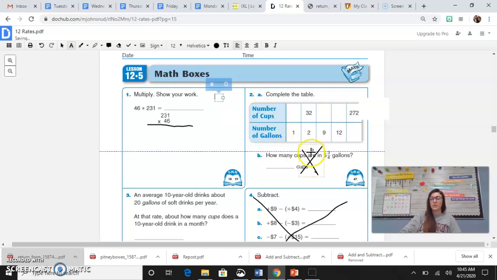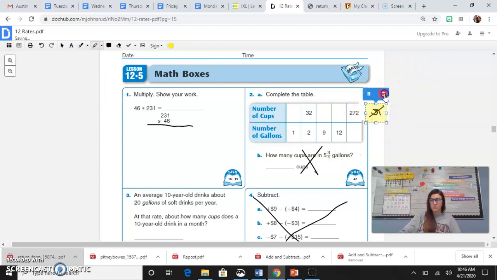Number 2, here we go, rate table again. Number of cups and number of gallons. Well, we know that there's 32 cups in 2 gallons, but we need to figure out how many cups are in 1 gallon and how many cups are in 9 and 12. So what I'm going to do is take 32 and divide that by my 2. Sorry, I'm not sure what's going on with my cursor here. But you need to take 32 divided by 2, and then whatever that answer is,